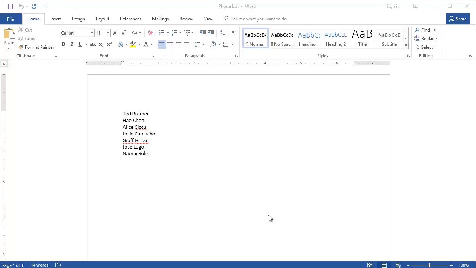For project 4-4, you need to download the phone list document from Canvas and open it up. It should look like this, and then go to File, Save As, and save it as 4-4 committee phone list. Once you have that done, we are going to just add a few phone numbers to